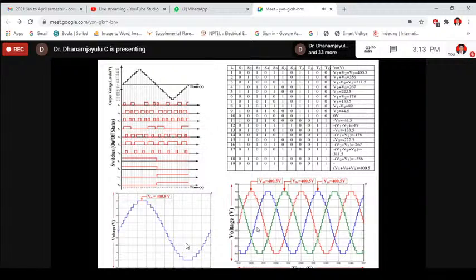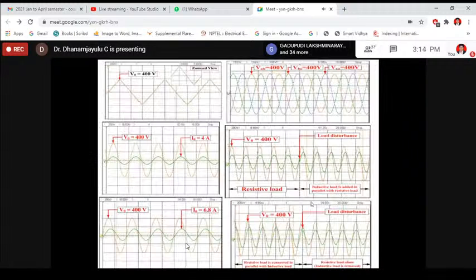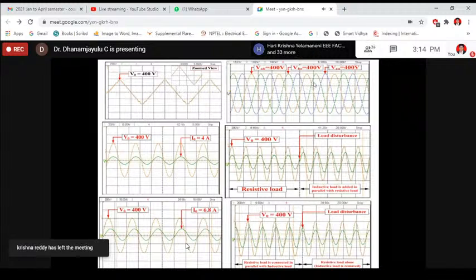Again, here this is the expected waveform, and we are able to generate 19 levels. This is the simulated output voltage. This is the switching table, and this is the 3-phase output voltage waveform. And as I said, I have tested with linear loads and non-linear loads. This waveform shows the 19 levels, and this is the 3-phase 19-level output voltage waveform, and